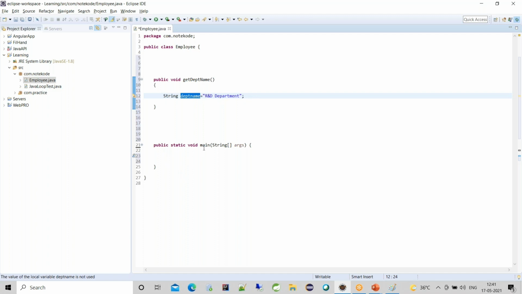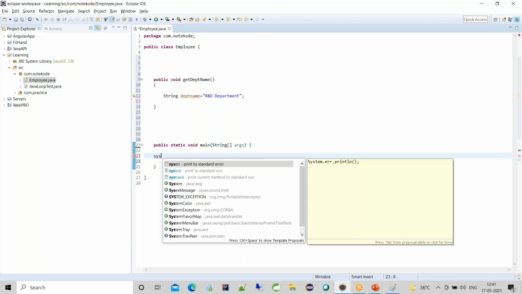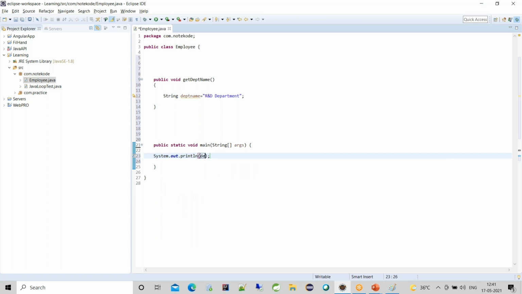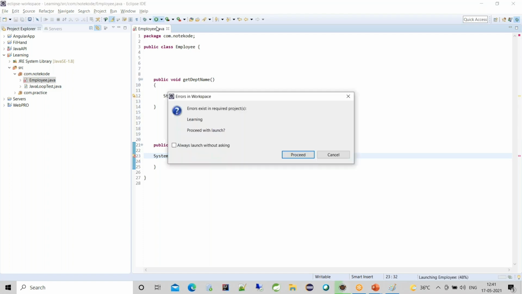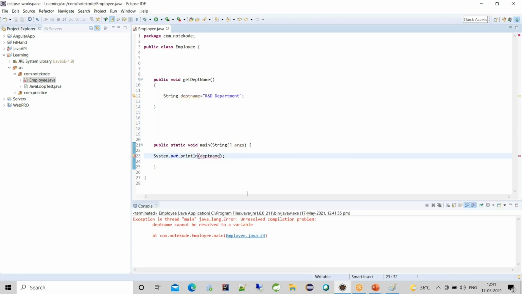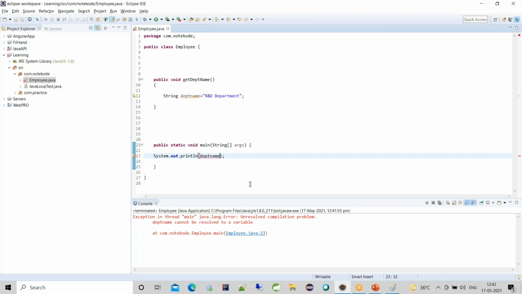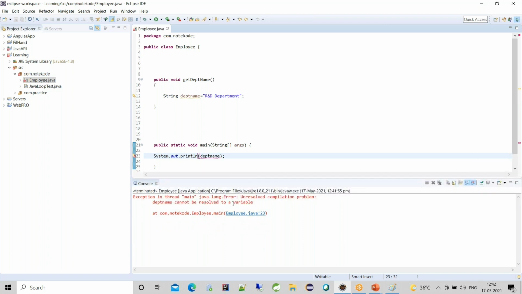Let's check with the main method. Let's see if I write system.out.println departmentName. Let's check the output, what it gives. So it's already showing an error. It's saying unresolved compilation problem, departmentName cannot be resolved to a variable.